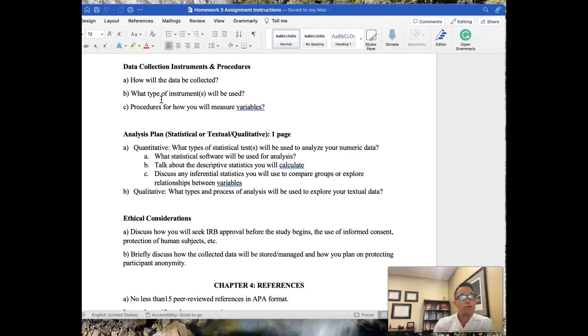If you're going to do a descriptive survey design, what specific survey will you use? And then this is where you talk about the validity and the reliability of the instrument and how that instrument will help you best measure your variables. So spend a little more time fleshing out and giving more detail about how you'll potentially collect data and what